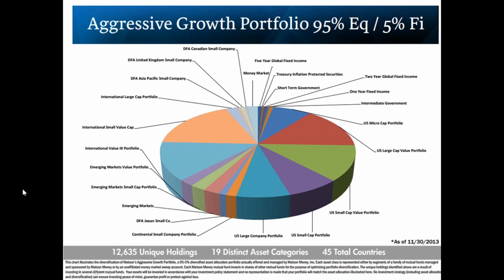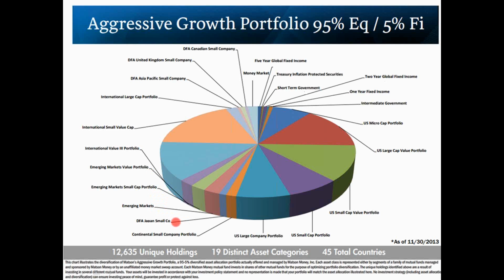Let's really diversify the portfolio, all right? And this is what we do. We take different asset classes, okay? We carefully choose the proportions of various assets. For example, in this aggressive portfolio that we use, we have Canadian small companies, we have fixed income, we have money markets, we have United Kingdom, we have Asia Pacific small companies, we have international large cap, we have international small cap, we have international value, we have emerging markets value, we have emerging markets small, emerging markets,